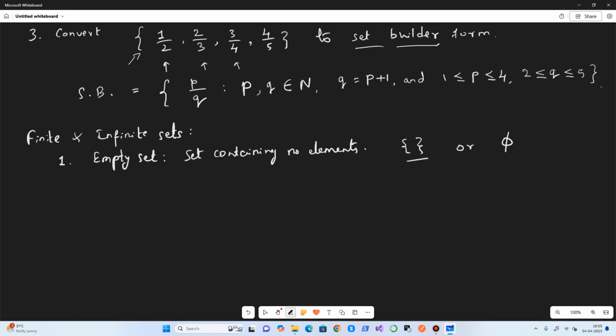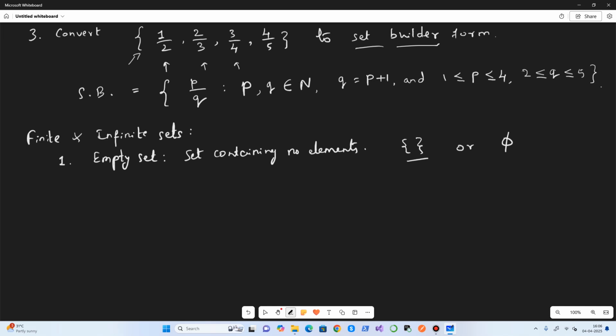We use this phi to represent the empty set. It doesn't contain any elements, so the number of elements in this set is 0. That's how we say that.